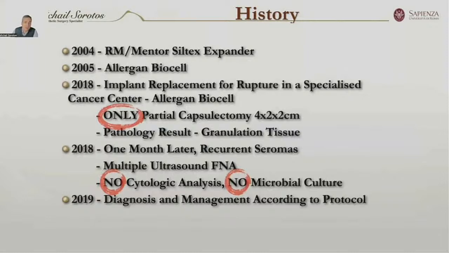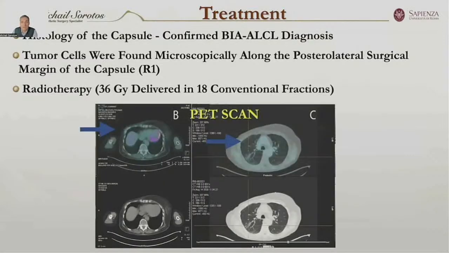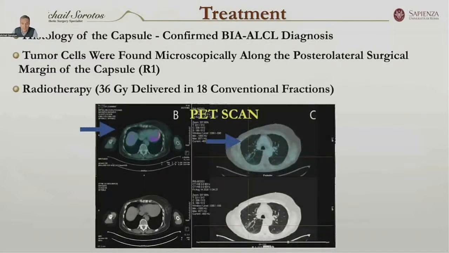So she came to us a year after that, and we diagnosed BIA-ALCL. If we go back to our histology, our capsule confirmed the diagnosis, of course, and we found that it was an R1. Tumor cells were found in the posterolateral surgical margin of the capsule, the external margin. So she had to receive radiotherapy in order to complete her treatment and have a negative PET scan due to an R1